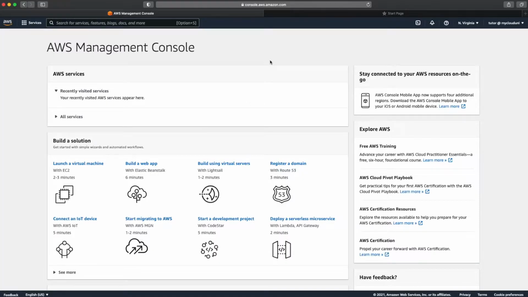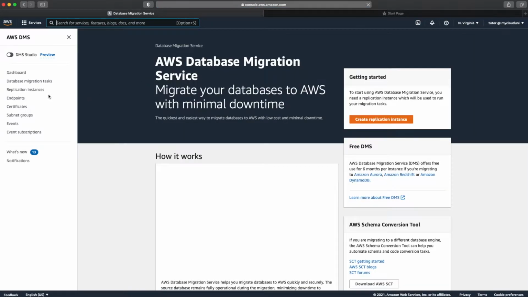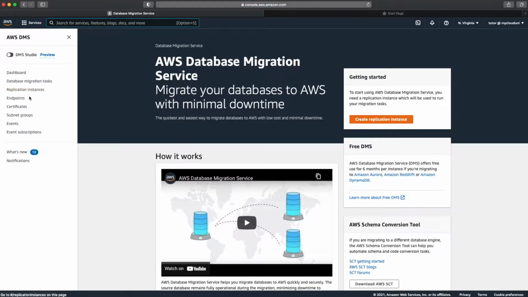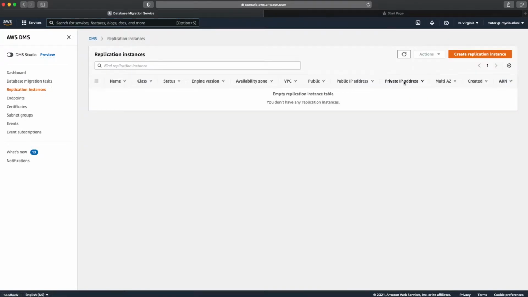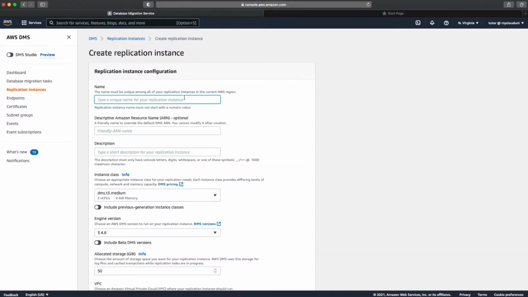So I am in the AWS management console. The first thing I want to create is the DMS replication instance. So I search for the Data Migration Service, and once I am in this service, you are going to see that you can create a replication instance, endpoints and tasks. But obviously the first thing is to create a replication instance. So you go to create replication instance and give it a name. In this case, let us call it my DMS rep instance,